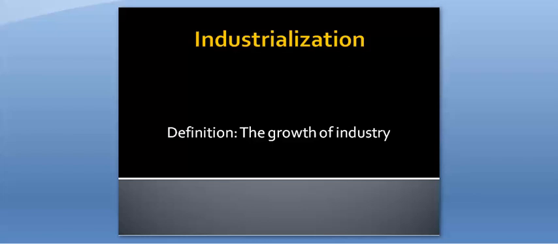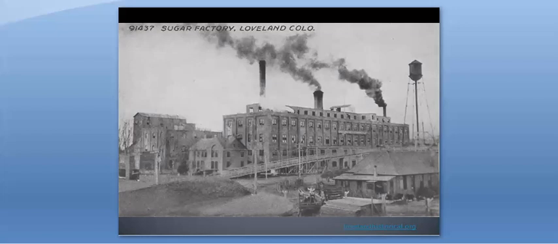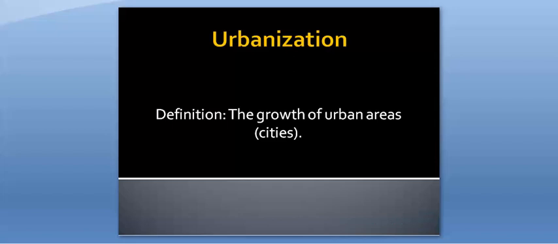More and more people began working in big business and factories, leading to more and more problems with working conditions, child labor, unfair wages, and those sorts of issues. Those were some of the issues in the Gilded Age that the progressives wanted to address. Because these factories needed workers, they became central locations people moved to. This created larger and larger cities, a phenomenon known as urbanization. You should actually know this term from your geography class, but just in case you don't remember, it's the growth of urban areas or cities.